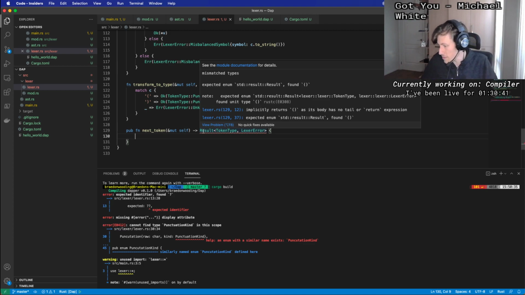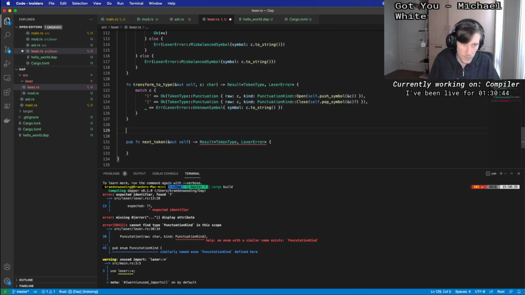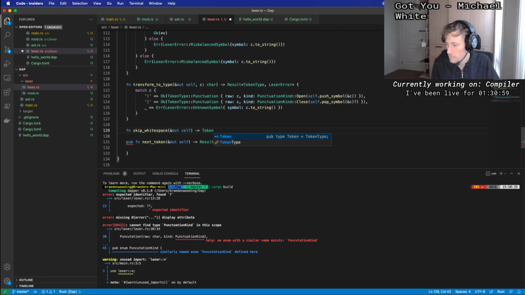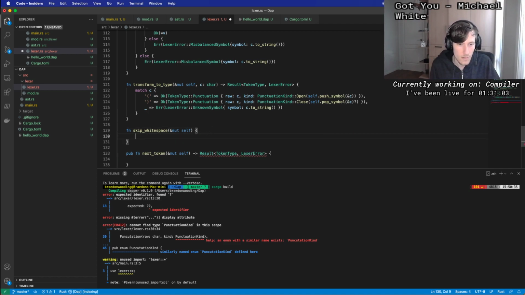There's many ways you can write this however you want, but the general idea is that we want to skip whitespace completely. So we're going to have a skip whitespace function. Sometimes I like to pass something extra here. It's fine, probably. You could also, if you want to go crazy, return a token that represents the whitespace that you skipped. I don't think I'm going to care. I think I'm just going to literally go